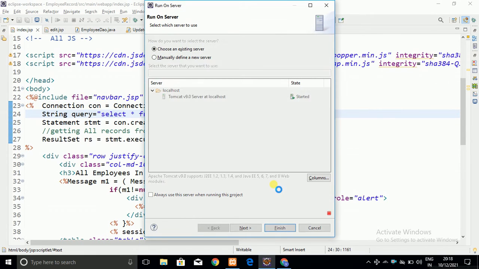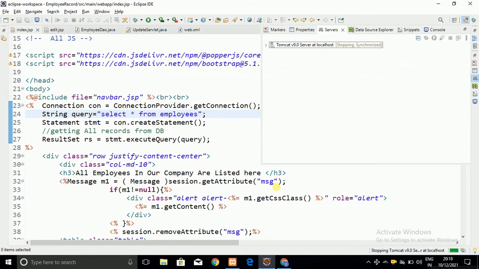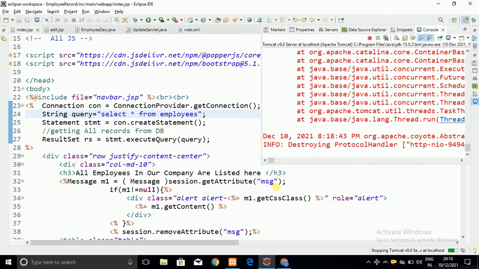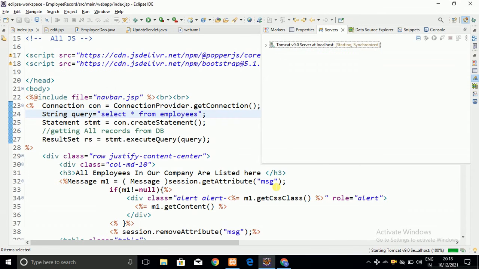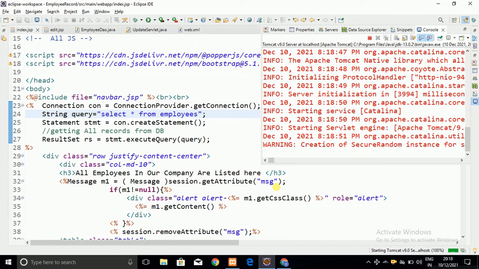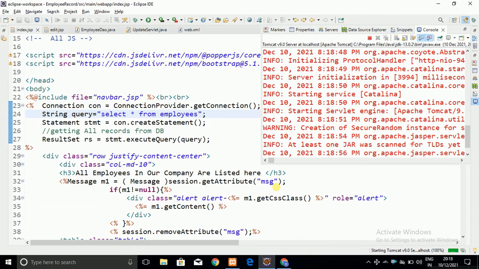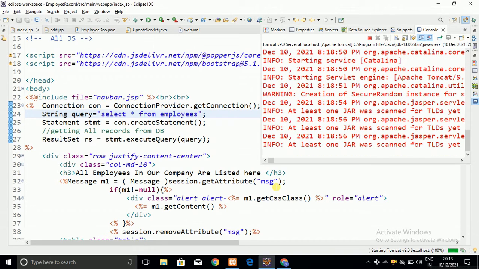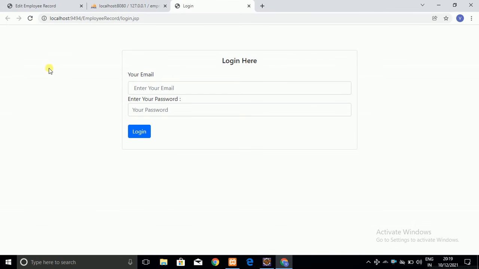Let me restart the server, and here you can see that within some time the index.jsp page will open, and in that page we will be able to update the data of a particular employee. So let me see.